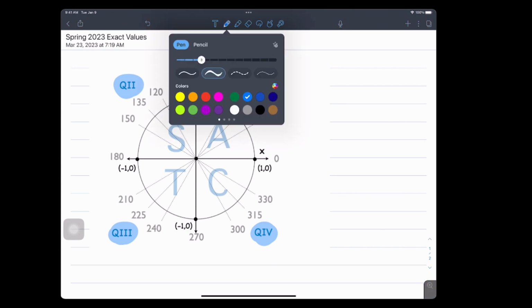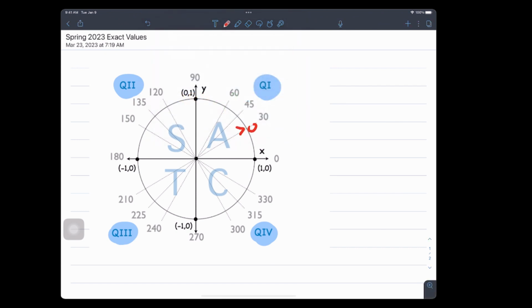Okay? So what I want to do here is I'm going to put A as positive here. Quadrant 2 is S. S is positive. Quadrant 3 is T, tangent's positive. Quadrant 4, cosine's positive. So what that's saying is, that's telling you that in every quadrant by the circular functions,